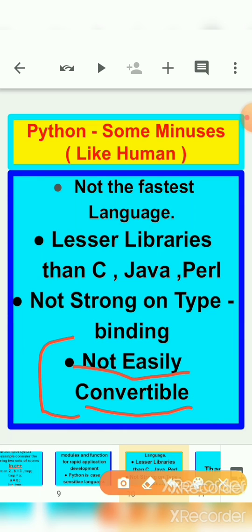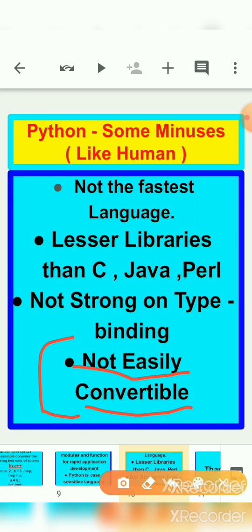It becomes a disadvantage when it comes to translating a program into another programming language. This is because most other languages have a structured, defined syntax. So many languages have a proper format of syntax, and Python is lacking in that. Because of this nature, we can say that it is not easily convertible.